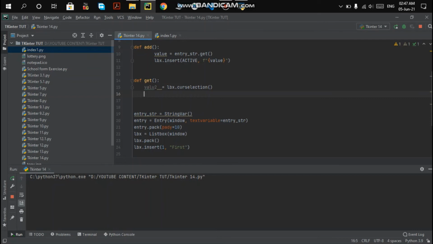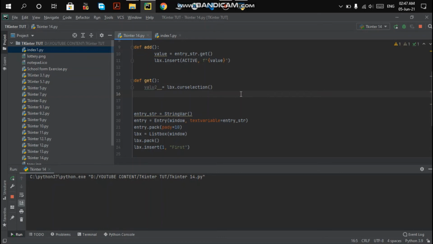There are multiple methods, so these are the common methods like y view, x view, and get, which I have already shown you, and size too. These you can use, and you can customize your list box using the root as a base window: background color, foreground color, border color, height, width, font, whatever values you can give. If you want that, I will be doing it in a couple of minutes.